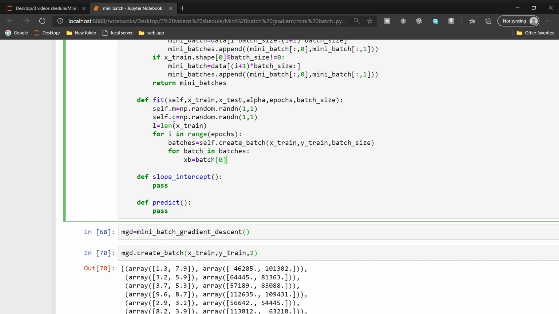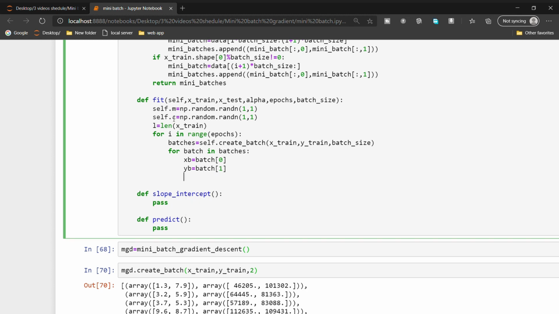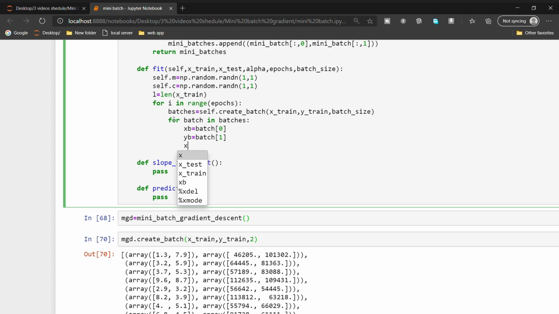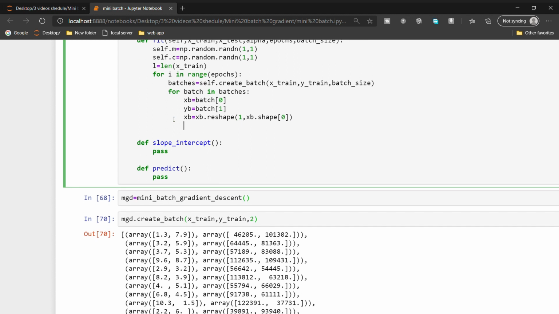In our batch, the first one contains xb values and the second one contains y values, yb equal to batch 1. Okay, now I'm reshaping the xb. If we do not reshape, we will end up with some dimension error. So I'm reshaping before creating our model. xb equal to xb dot reshape 1 comma xb dot shape 0. So it reshapes to 1 comma 22, so we don't end up with a dimension error.